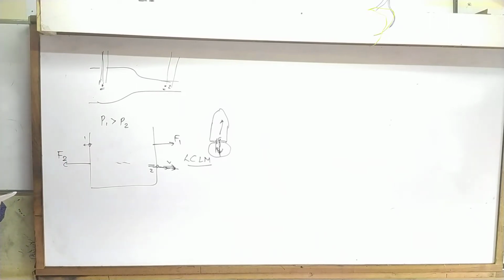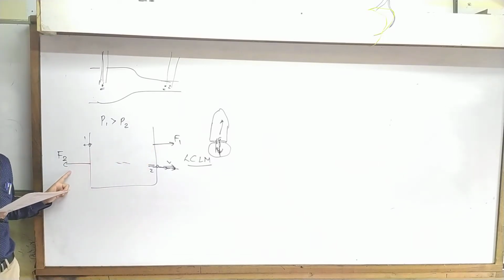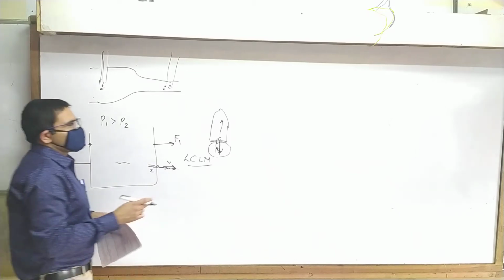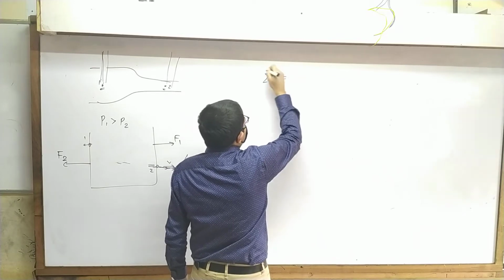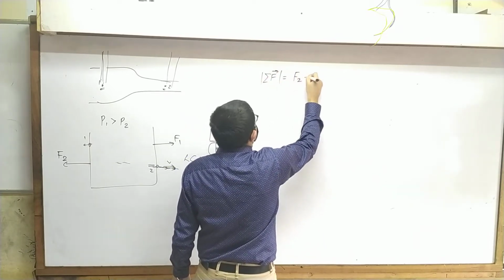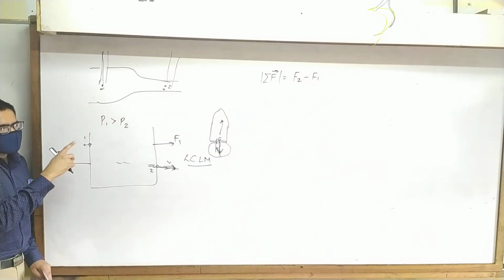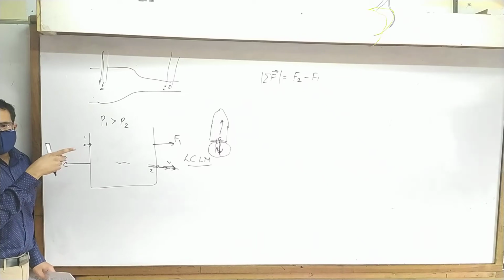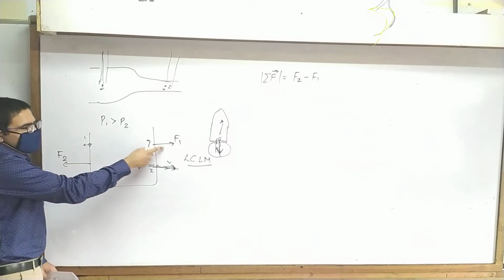Okay, so the question is, the tank will experience a net horizontal force. Net means total. So we have to find net horizontal force, that is sigma F in the horizontal direction. Hopefully everyone realizes that in magnitude that is equal to F2 minus F1, because F2 will be more and F1 will be less. Why did I subtract even though I said I am adding? Because force is a vector,